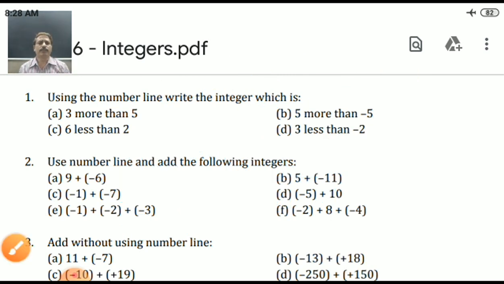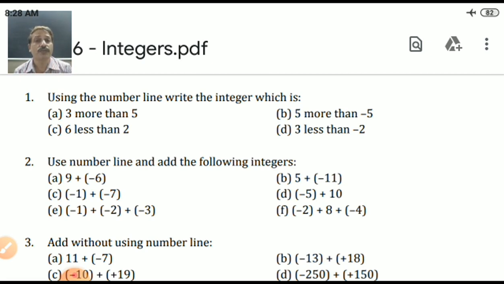Next one, use number line and add the following. Yes, now just now I showed that method, we can use it here. Number line and addition we can do together. So 9 plus -6. 9 में से 6 गया, कितना आंसर आएगा बेटा? 3. You are knowing very well. But what is the sign, positive or negative? 9 has a positive sign, 6 has a negative sign. And it is custom. ऐसा जरूरी नहीं है कि प्लस साइन दिखाओ, नहीं है इसका मतलब है प्लस साइन. OK, so answer will be a plus sign.